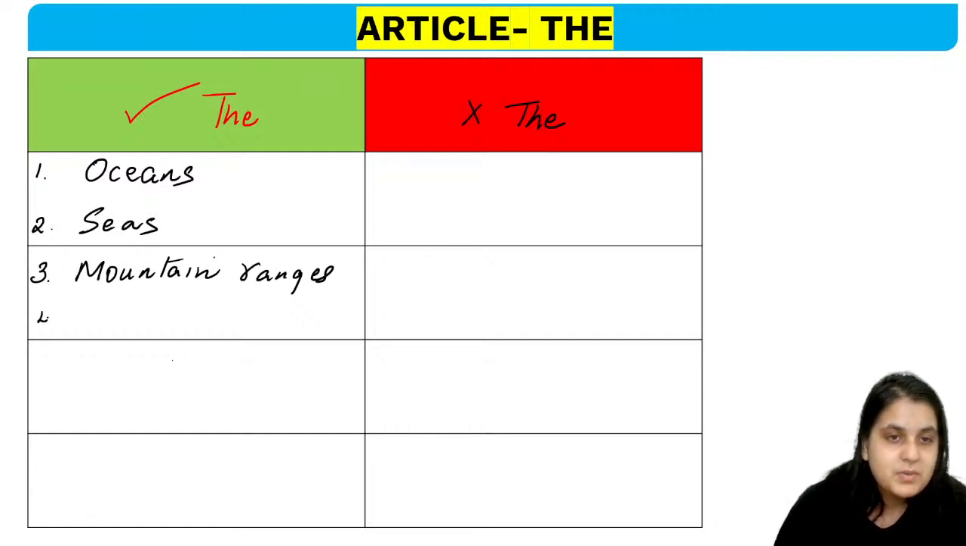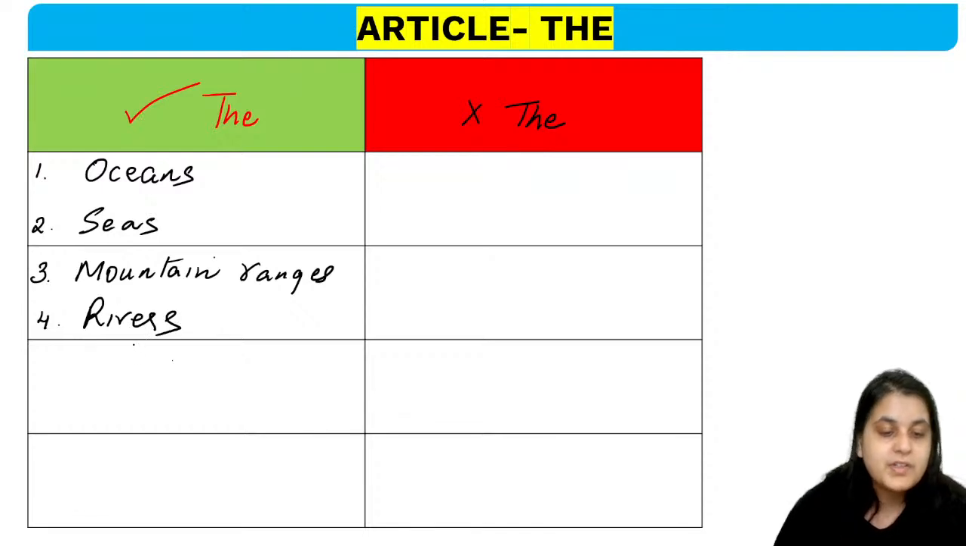Okay. Next, we use the with rivers. Very good. You use the with rivers. For example, जैसे जीज ने बोला the Ganges, right? The Kaveri, the Narmada, the Brahmaputra. So we use the with rivers. Very good. The Karakoram range for mountain ranges. The Himalayas. Very good. Okay, then we use the with gulfs,